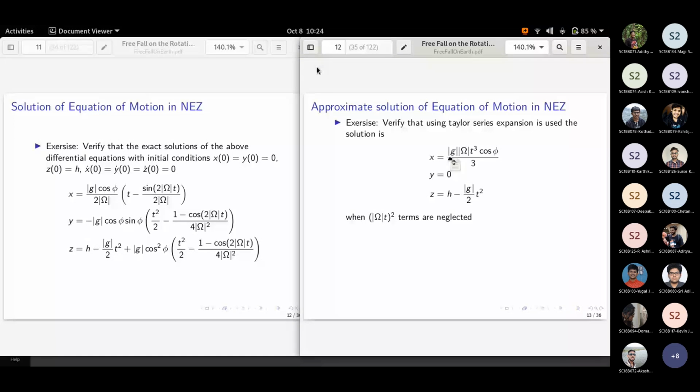The reason is modulus of omega square is actually 10 power minus 10. Modulus of omega is 10 power minus 5. So therefore, this is 5 orders less. So square terms in the numerator can be neglected. Of course, for that you have to look at how to expand this and all those things. I think this will be present in many classical mechanics books. You can go through that.